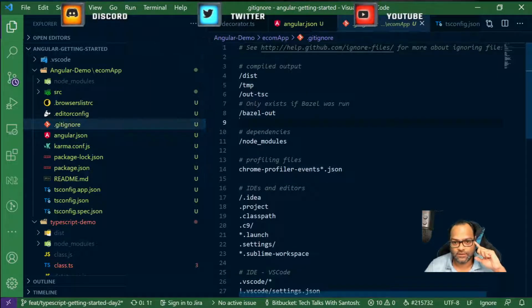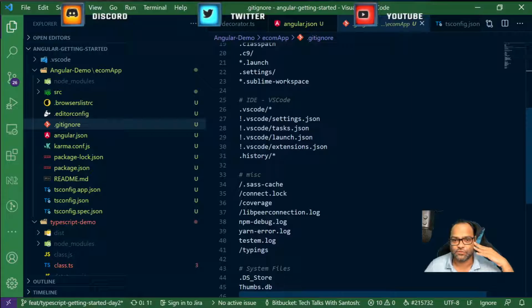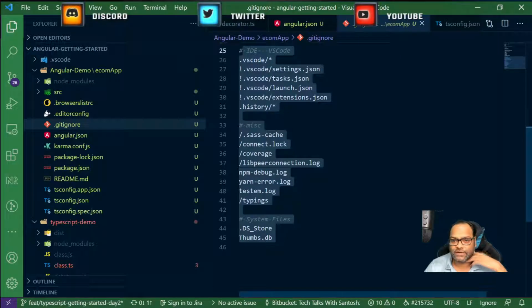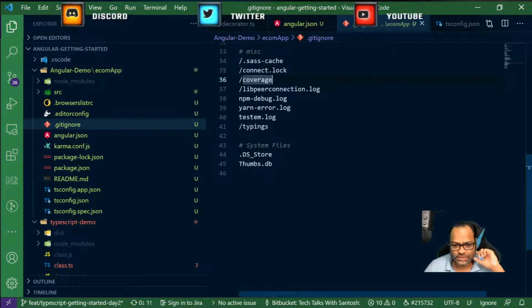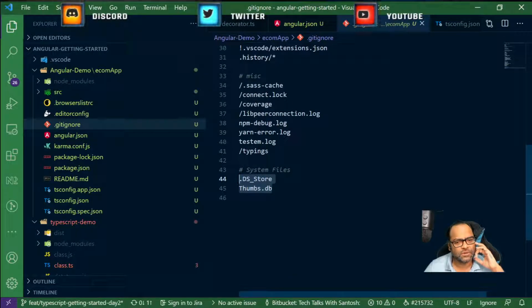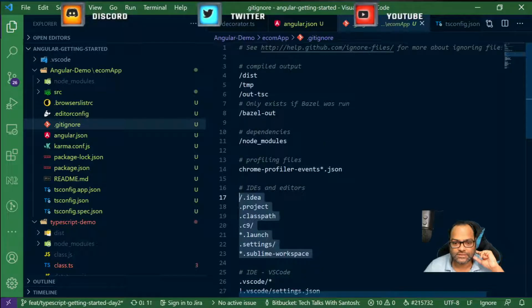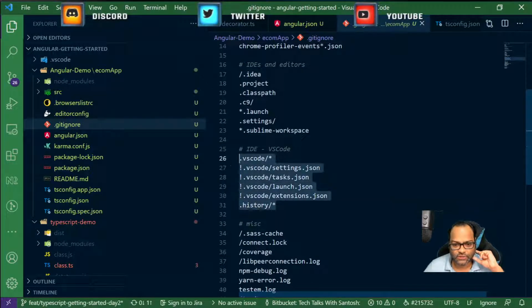Git ignore: all the files which you don't want to push to your code repository, you can add into gitignore. All the files are listed here, considering all the different known languages. You can see things like DS_Store and Thumbs.db, which I have seen somewhere. These are related to IDEs, editors, and VS Code files.